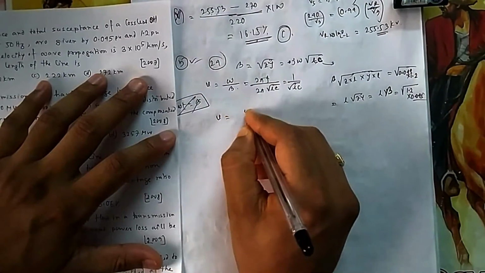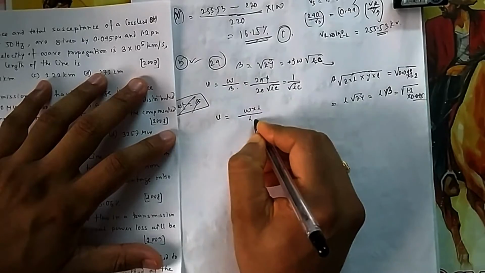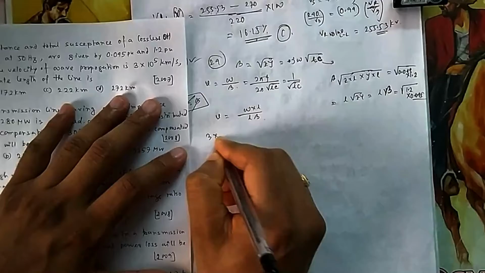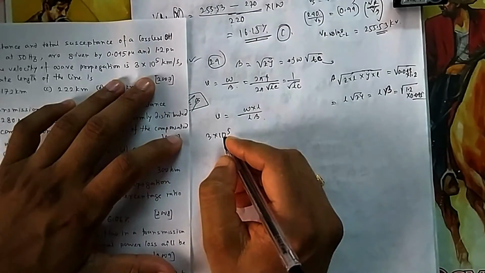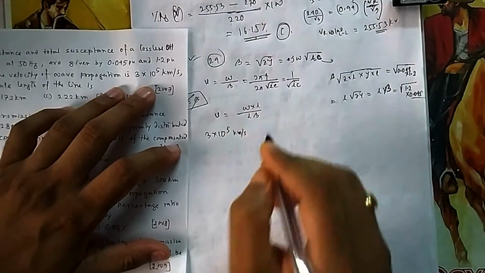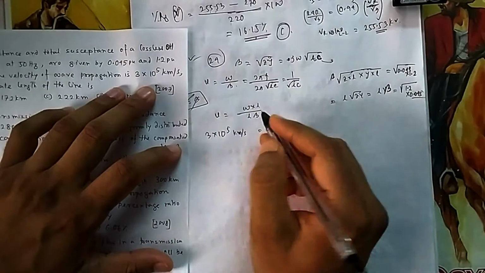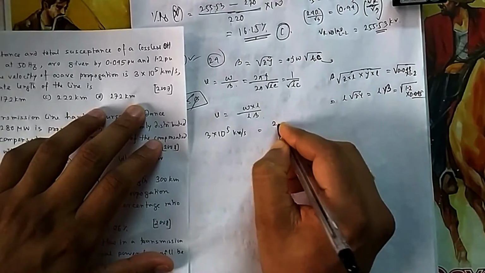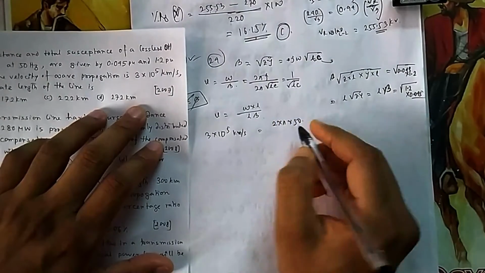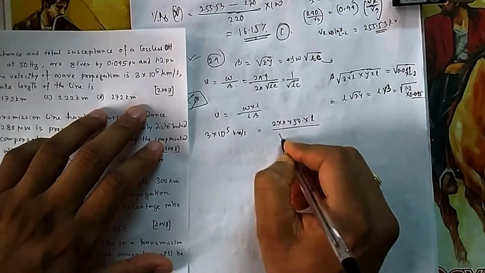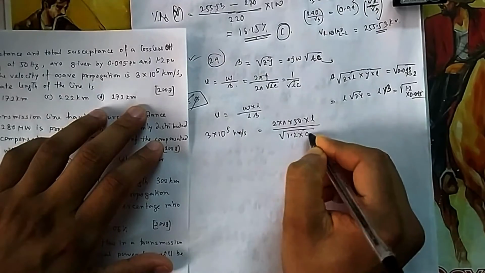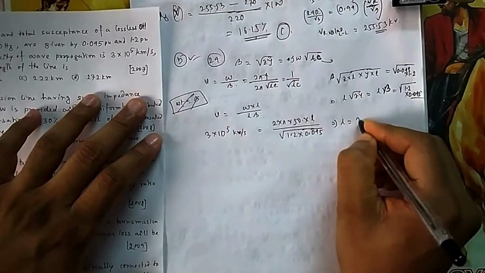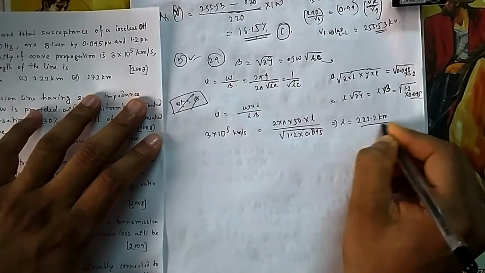The velocity will be equal to omega by, so if I multiply by l, so it will be l beta. Because I know l, that's why I am going for this one. And this velocity is given 3 into 10 to the power 5 kilometer per second. Because this is in kilometer per second, that means your l is also in kilometer. Or you can change in meter, then l will also come in meter. But they have given in kilometer, so let it be in kilometer. So it will be 2 pi into f, given 50 hertz, into l we don't know, and this one is 1.2 into 0.045. So if you solve this one, you will get your answer. That means l is equal to around 2 to 2.2 kilometer. So that is your option C.